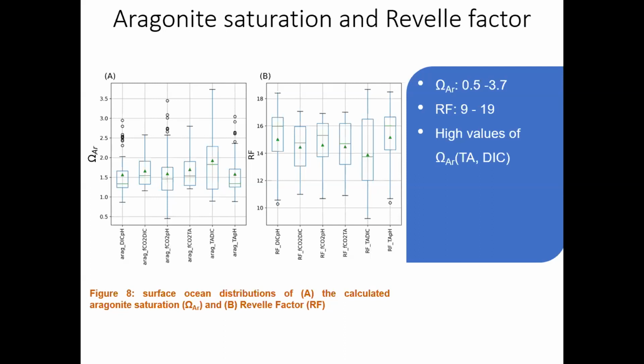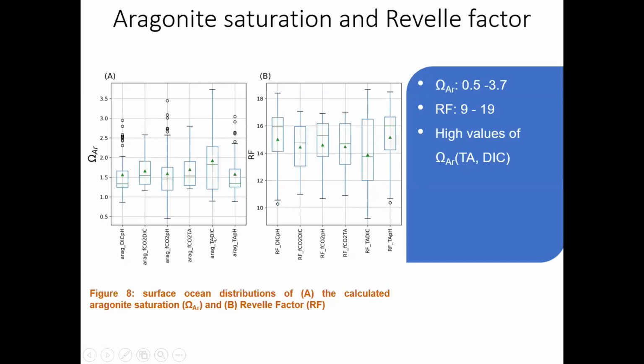So again, what we observe here is that the distribution of the omega values is ranging between 0.5 and 3.7. And we know that the omega value has biological impacts; its significance is that omega equal to 1 is saturation. So when we are below 1, we are already having undersaturation occurring. I'm not showing the latitudinal distribution here, but we'll find that the lower values occur in the region where we have high values of RF. And also, as I have said, we have high values of omega when we have the input pair of